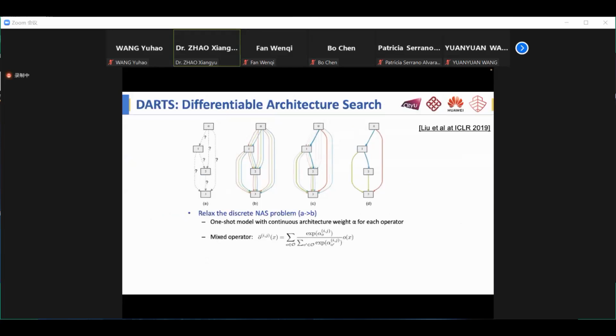And then the DARTS method relaxes this discrete NAS problem where you can only choose one thing. And now you can use all the different operations between these edges, and we put weights on them. So this is a mixed operator between node i and node j, and it's just a weighted sum of the individual operations, and the weights are these alphas. And here the alphas are called the architectural